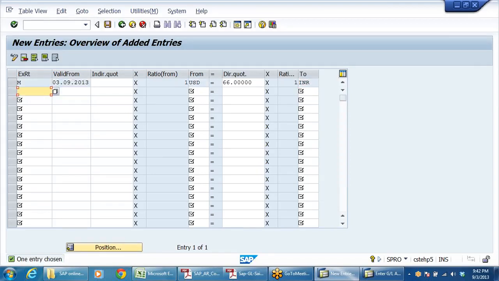All right. Next, I'm taking again M. Same 03. GBP, Great Britain Pound. GBP is equal to, let us say, yeah, let me take 99 rupees.